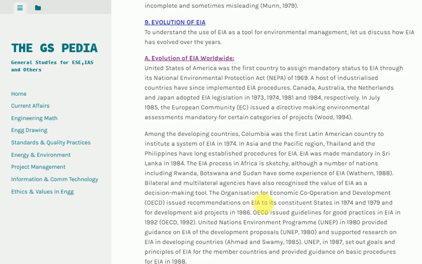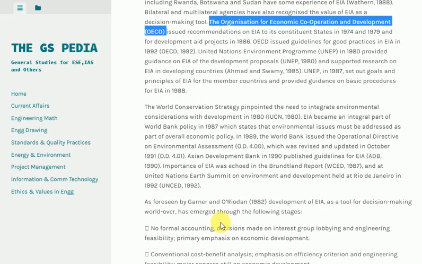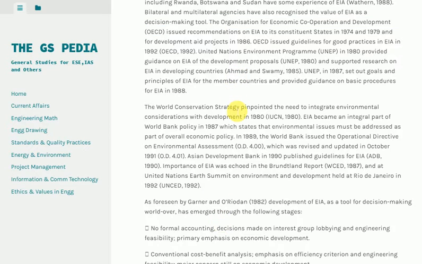The Organization for Economic Cooperation and Development, OECD, issued recommendations on ESE to its constituent states in 1974 and 1979, and for development aid projects in 1986. OECD issued guidelines for good practices in ESE in 1992. The United Nations Environment Programme (UNEP) in 1980 provided guidance on ESE of the development proposals and